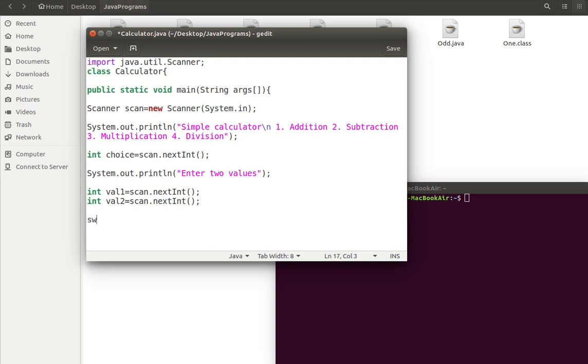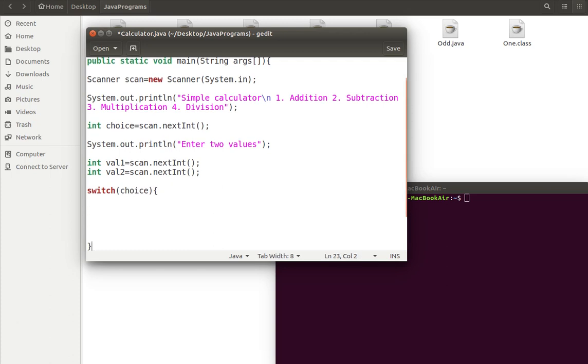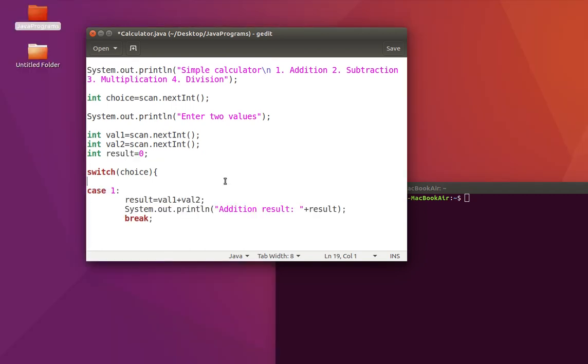It's very simple. Switch is the keyword. Then you'll have to say choice. It takes choice. Then open the curly braces and close it. So this is how it has to be written. It has to take a choice, and for every single choice we have to write a case. Here it is given as 1, 2, 3 numbering. If it is going to be A, B, C, you give it like this. We can have Roman numbers, we can have any choices. Currently it is 1, 2, 3.